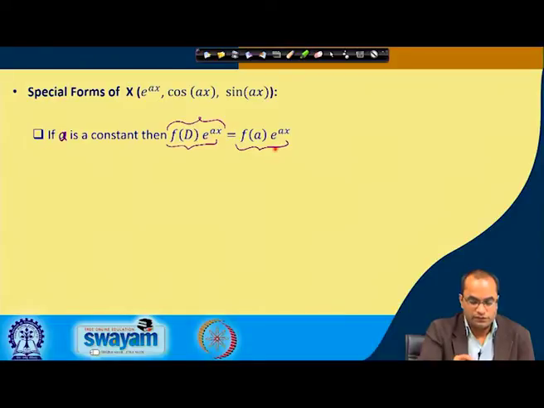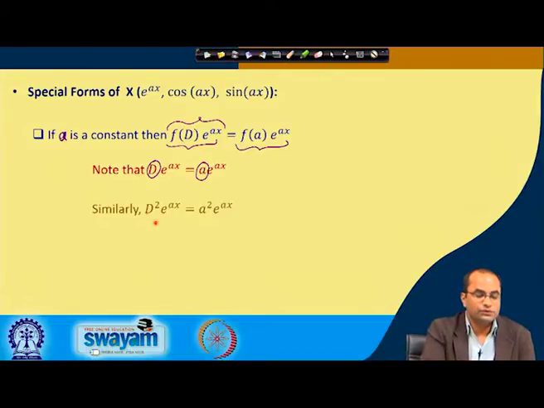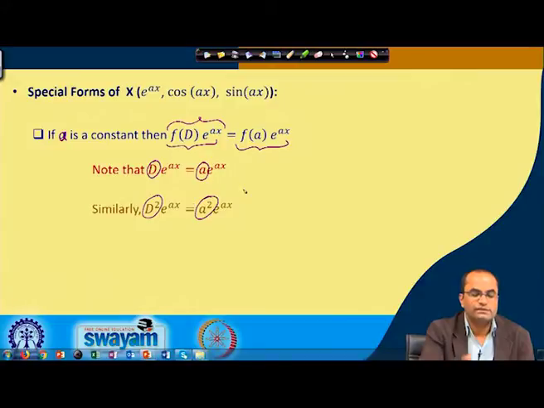So, this we will see first, which is very simple to realize, because when we operate D on e power ax, what are we getting? D means the derivative, the derivative of e power ax, which is nothing but e power ax multiplied by a. So, once we have applied this derivative, D is replaced by a. Same thing, if we do this 2 times, we will get a square with e power ax, and again the same rule, D square is replaced by the a square term.